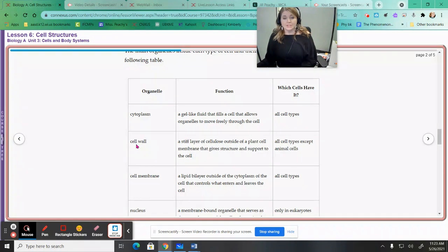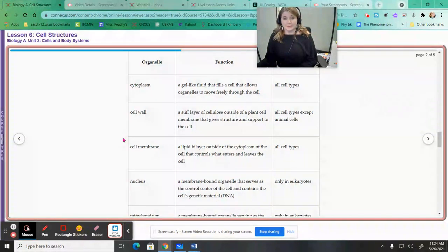The cell wall, which is not found in animal cells, is found in plant cells, actually every other type of cell except for animal cells. It's found in fungi cells as well. It's found in bacterial cells, and it is in plants. It is made of cellulose. It is not made of cellulose in other types of organisms. For example, in fungi, it is made of a protein called chitin, which is different from what cellulose is made